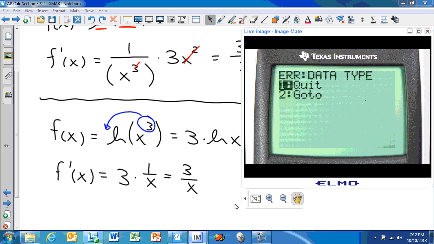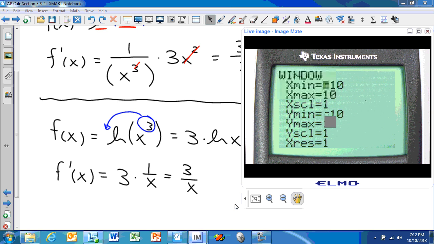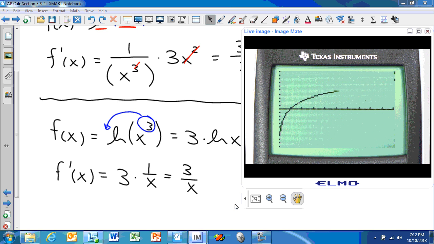Oh, it's because of my domain here, actually. I got to change that. Let's change the domain of this function. The natural log function is only defined on the positive domain, so I can't find numerical derivatives in the negative domain. So let's change this domain. Let's go from 0.1 to 10. Let's try that again. So there's that natural log function. Here comes in the sketch of the numerical derivative. And here is what we came up with for our derivative algebraically. Notice that it's tracing right on top of